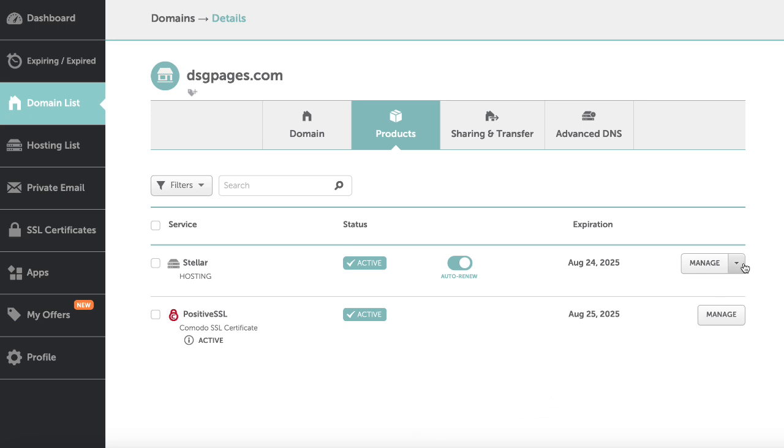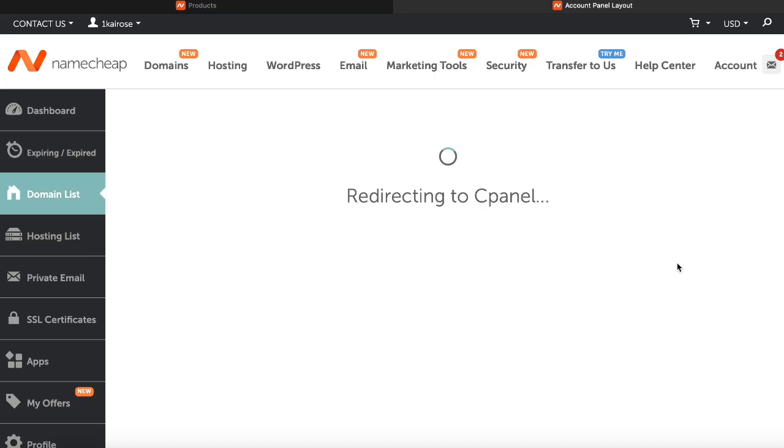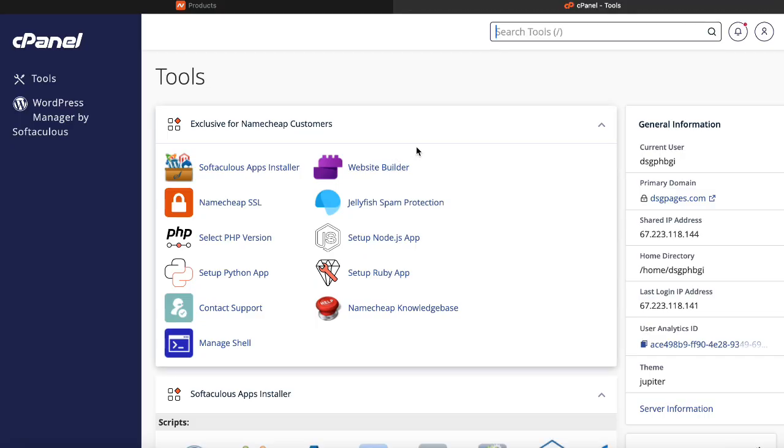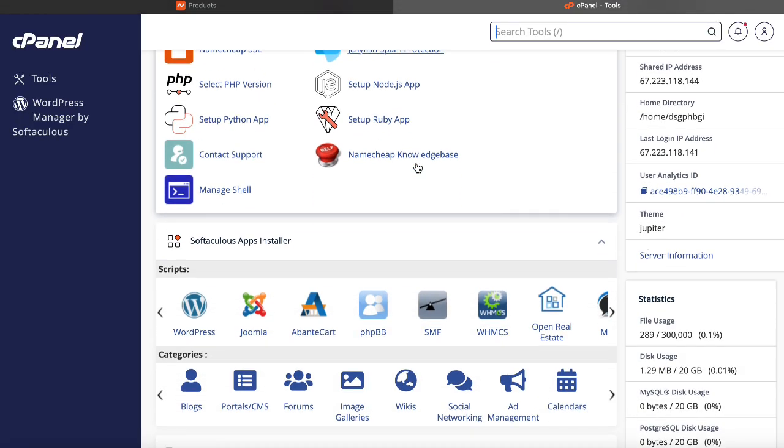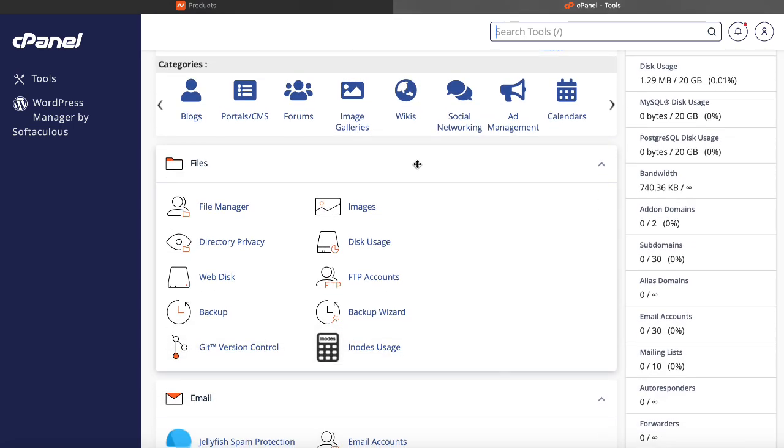Now we can go over to this little down arrow, and this will take us to our cPanel. You should receive an email with all of your login credentials to cPanel, but this will redirect, take us over there, and this is where everything happens.